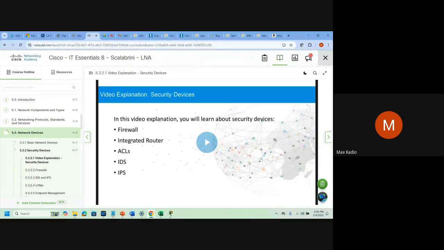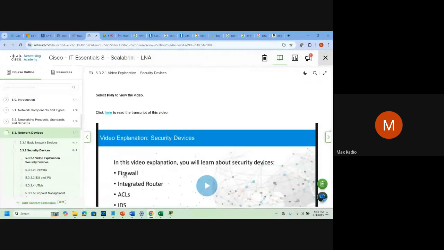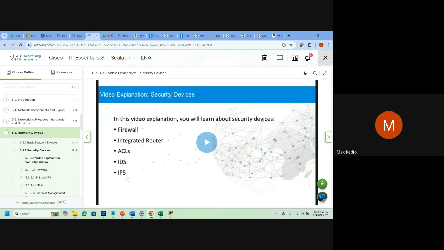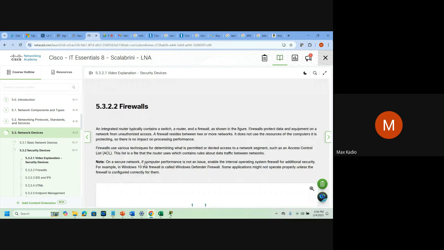So this video is nice. Some security devices: firewall, access, IDS. It's a device you put in your network to control, like policemen or traffic guys. They hide on the highway to check who's speeding or not. So we try to explain a bit for you there. So a firewall is a device like the police guy or the security guy.